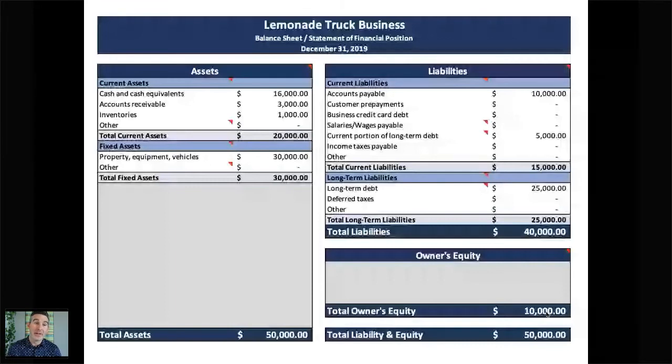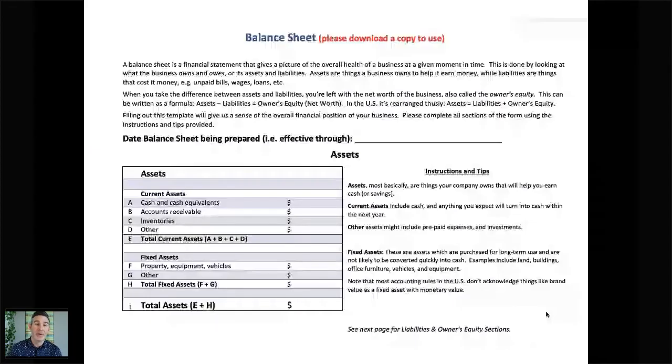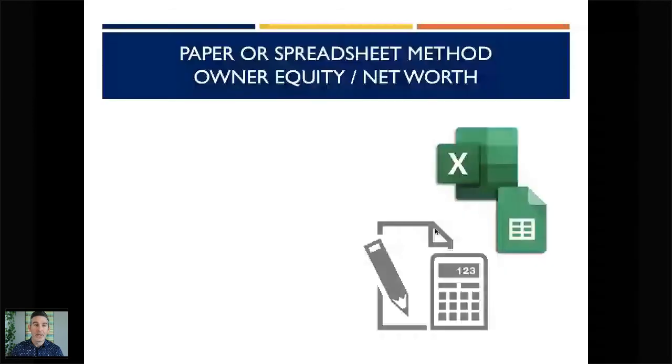We have this, you can write this out yourself, but we have a Word version of a balance sheet that gives you tips, little explanations on the side, and just walks you through exactly what to add together, what to subtract. And Caroline just shared the link to this. So you can go ahead and download that for your own use. You can't fill it out online. You're going to need to download it. And so that's the basic one.